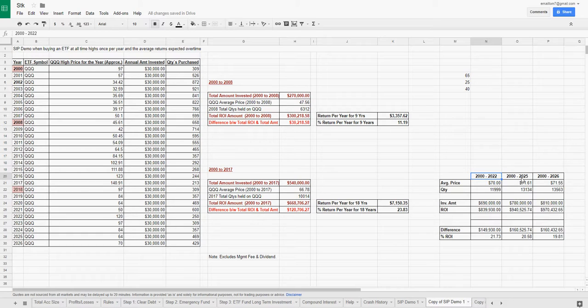From 2002 to 2025, the return was like 20% still. Even during bad times, it became like 19%. But due to the power of compounding and averaging down, I still managed to get a return on investment per year of 19%. And if you noticed, my ROI is really picking up here. See here, it's picking up each year.